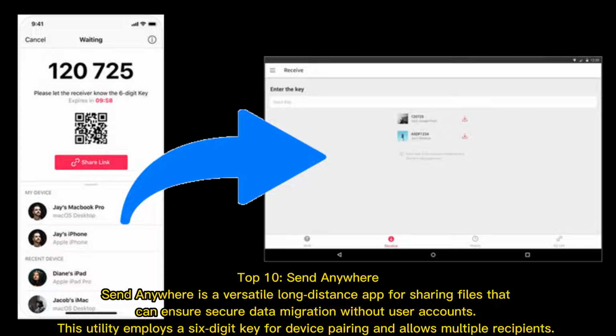Top 10. Send Anywhere. Send Anywhere is a versatile long-distance app for sharing files that can ensure secure data migration without user accounts. This utility employs a 6-digit key for device pairing and allows multiple recipients